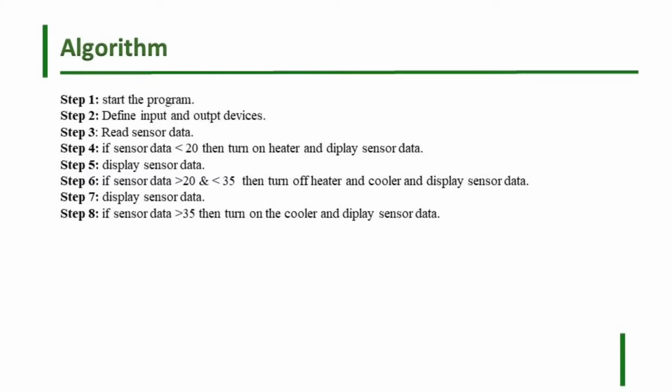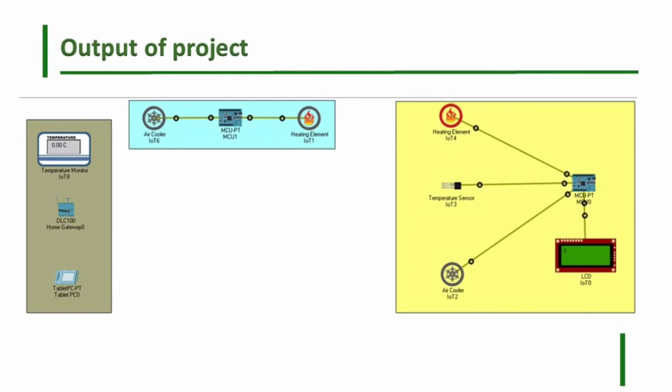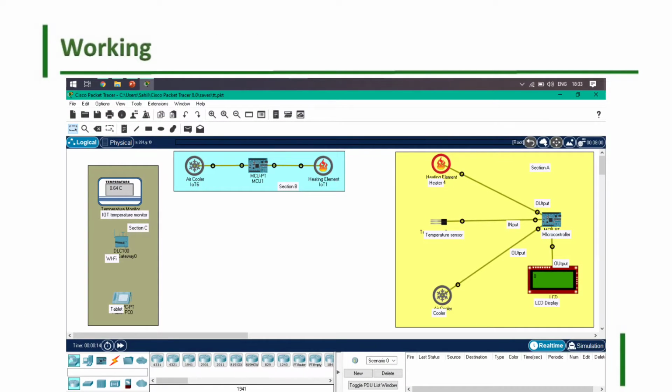Now my friend Sahil will demonstrate further. I am Sahil Shirdankar, and I will explain the working of our project. With the help of Cisco Packet Tracer, we have successfully simulated our project. As you can see on the screen, this is Cisco Packet Tracer. Our project is divided into 3 sections, and they are not physically connected to each other, but they influence each other indirectly. Section A consists of the temperature sensor, heater, cooler and display.